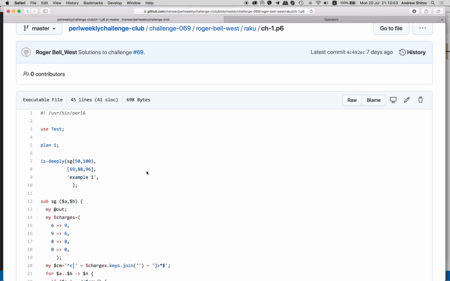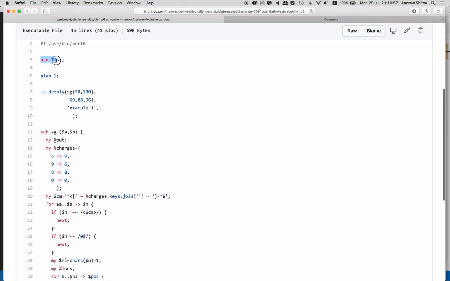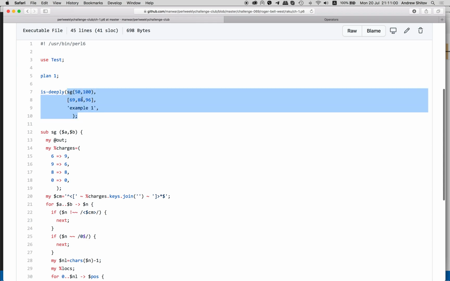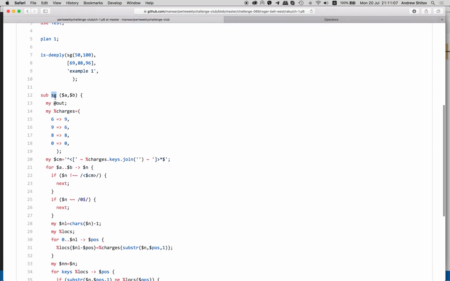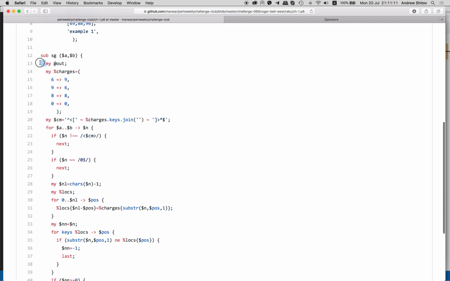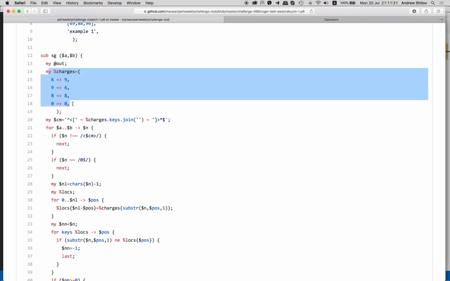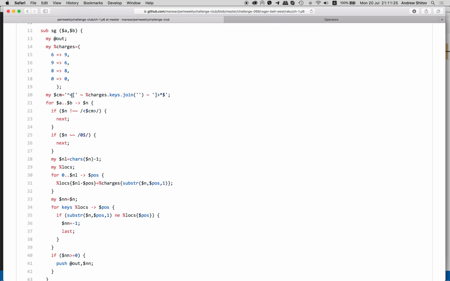So this is the solution by Roger Bell West. It uses a test module, so we test it directly. It tests the numbers from 50 to 100, and the function is Strobogrammatic numbers. Okay, so the code style is different again: two spaces indentation, no spaces after commas. But okay, so the digits, again, no one. Then the regular expression, or regex,